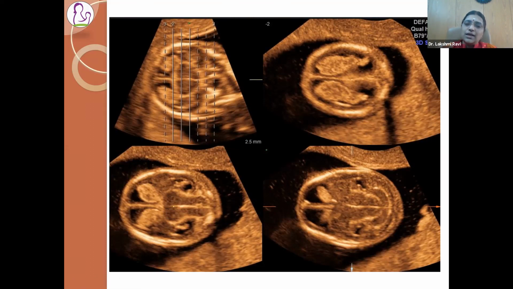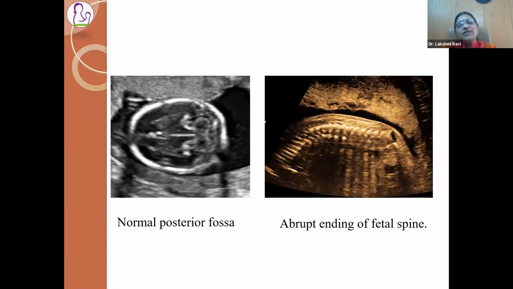And if you're going to see these signs, definitively, you must go and search the spine for an open neural tube defect. So now, finishing off the first trimester spine, I'll take you towards some abnormalities in the mid-trimester where really 3D ultrasound has an added advantage just to prove what you're having in your mind.